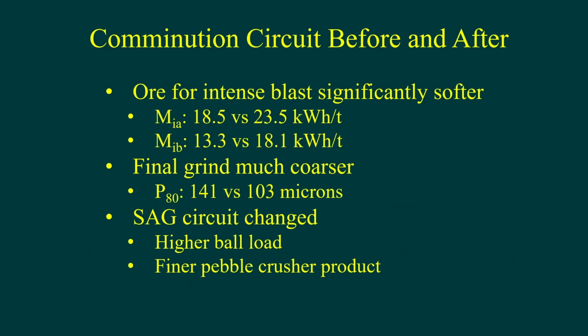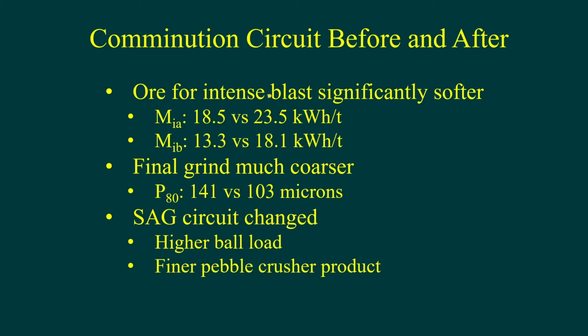But unfortunately, the intense blast was done some time after the baseline, and during that period, the ore became significantly softer. And you can see here the MiA and MiB, these are the, call them the Morrell measures of the SAG mill and ball mill hardness respectively. The intense blast values were 18.5 and 13.3, as compared to, during the baseline blasts, the much higher values